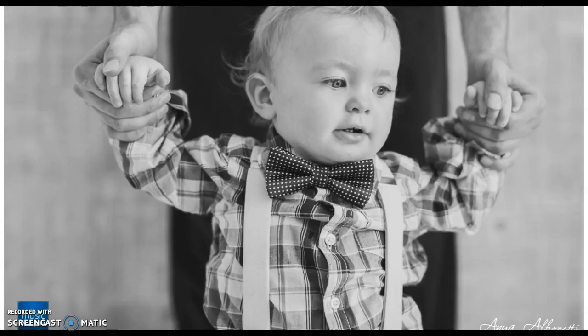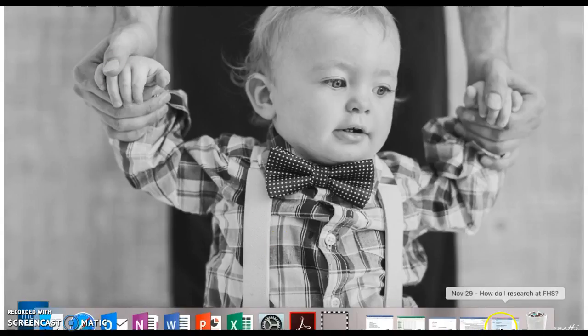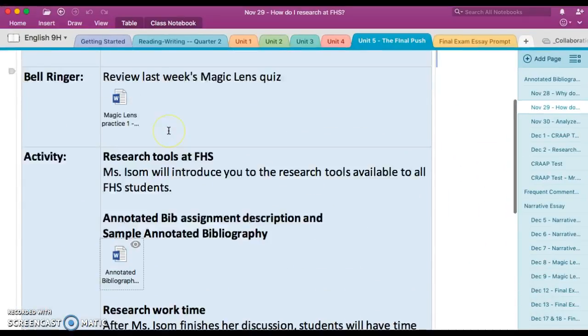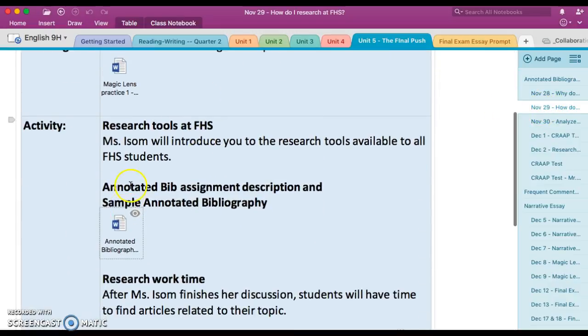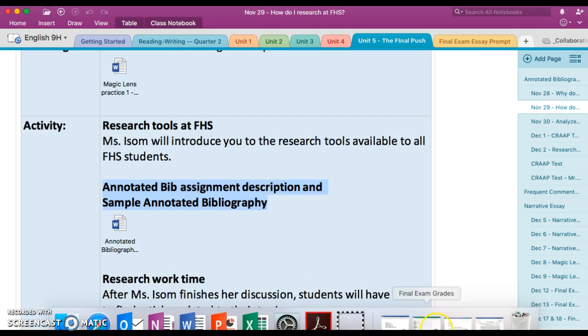So the first thing I'll do is go to OneNote to the day of the assignment, which is, you see up here, November 29th. You can see it over here as well, November 29th. And then you have the annotated bibliography assignment description, and then the sample annotated bib. So I open this Word doc, and I'm able to see